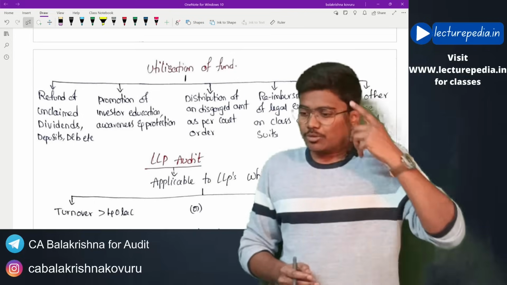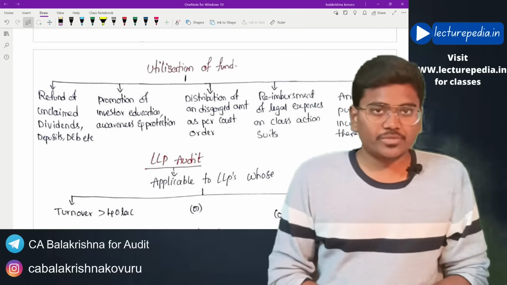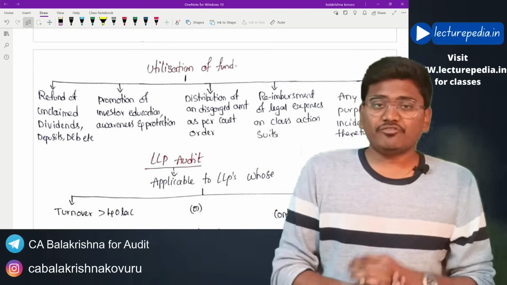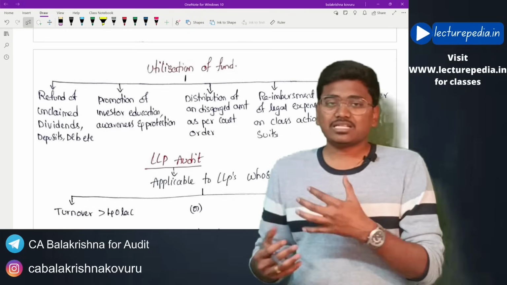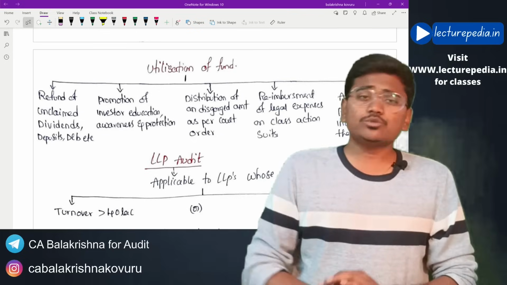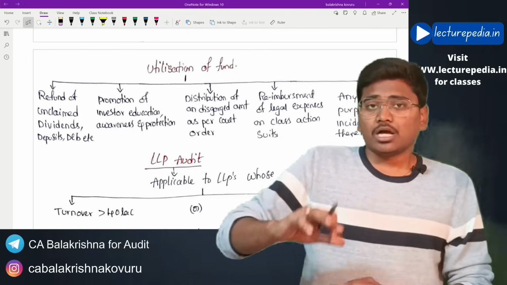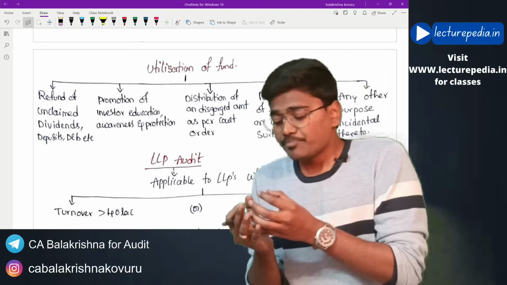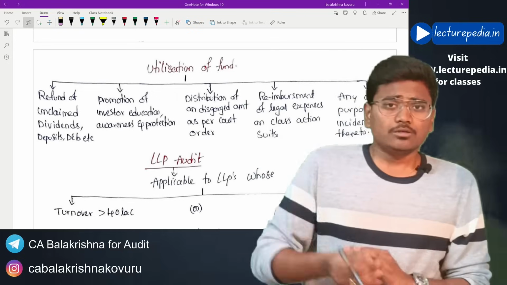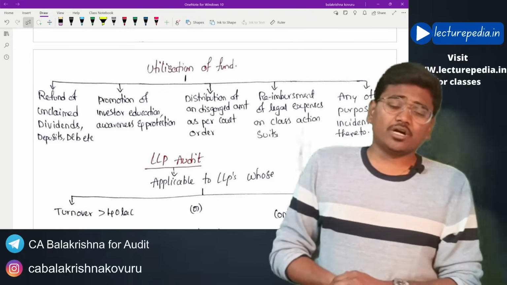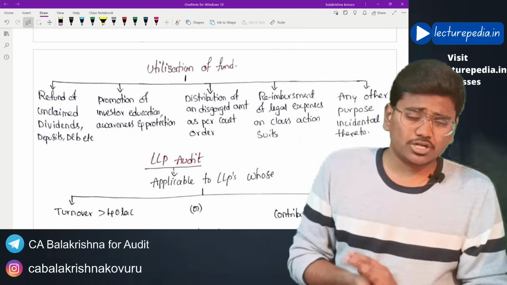Now in the stock market, various scams might be taking place. Due to those scams, if any genuine investor has suffered losses, then sometimes the court will pass an order to reimburse that amount of loss incurred by the respective investor from this IEPF account. In those cases, the amount in the IEPF account will be used for the purpose of discharging that loss incurred by that particular investor.